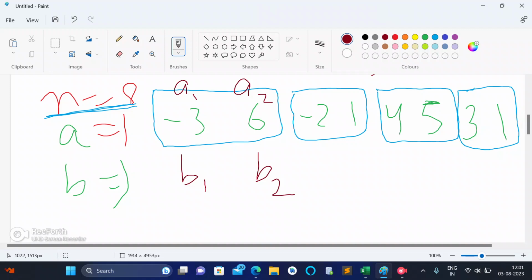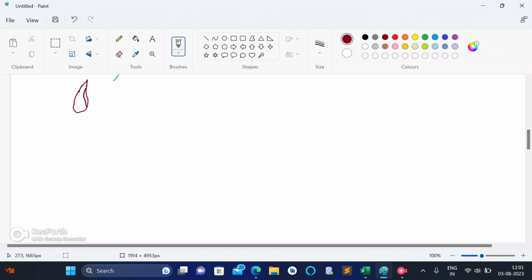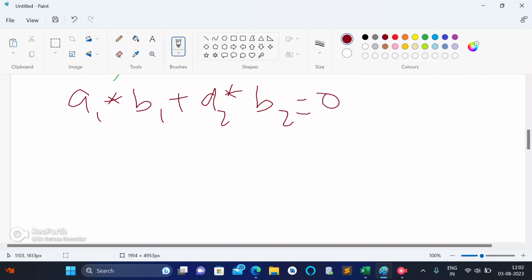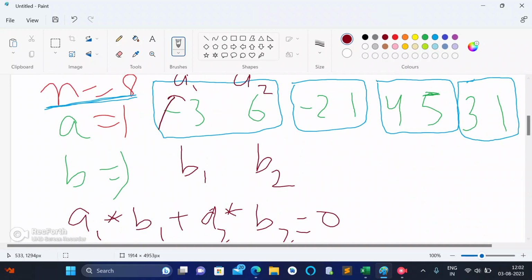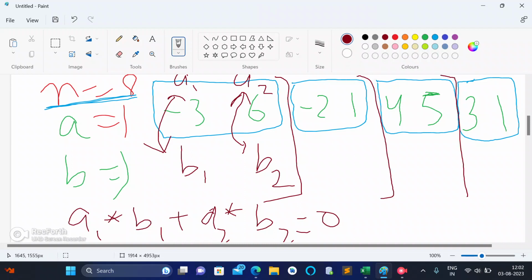What I'm thinking in my mind is, if I somehow make A1 into B1 plus A2 into B2 equal to 0, so that the product of A1 and B1 and the product of A2 and B2 sum to 0, then I will make the summation 0 in this section, in this section also, in this section also, and in the last section also.